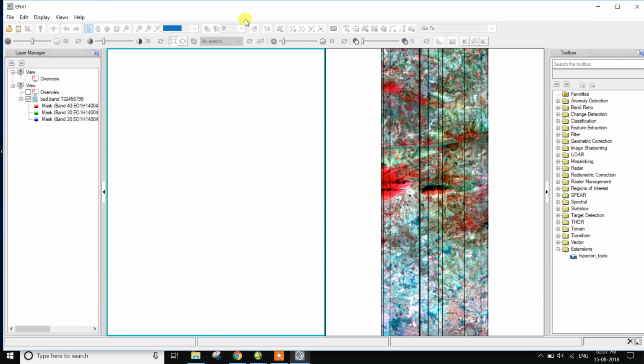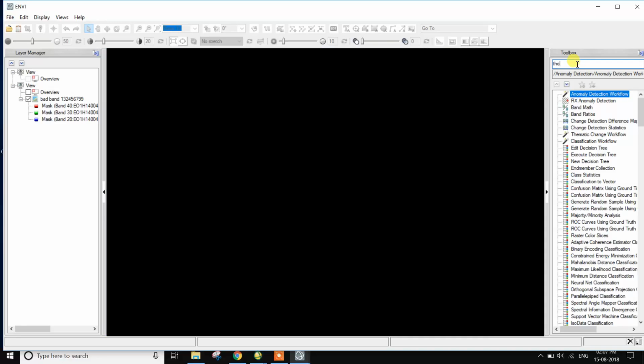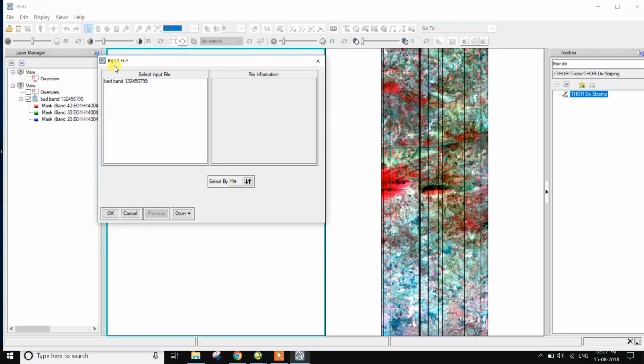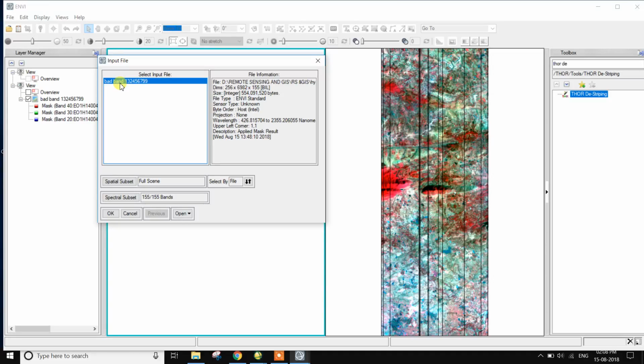The next step is the Toolbox. Here search for third day stripping. The input file for third day stripping is the bad line removal image.